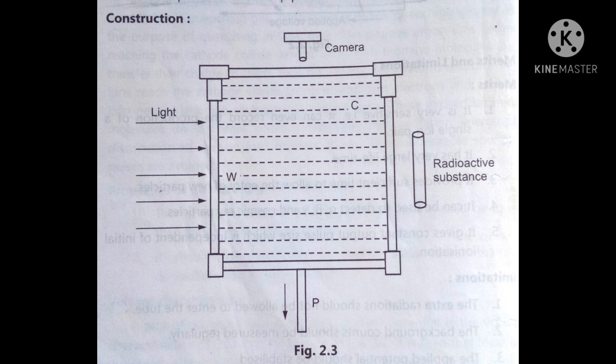The process is completely automatic. As soon as the ionizing particle enters the chamber, the piston drops down, the camera is clicked and the track of the particle is photographed. This track is removed by applying an electric field across the air space to make the chamber ready for the next photograph. So this is the working of Wilson cloud chamber.